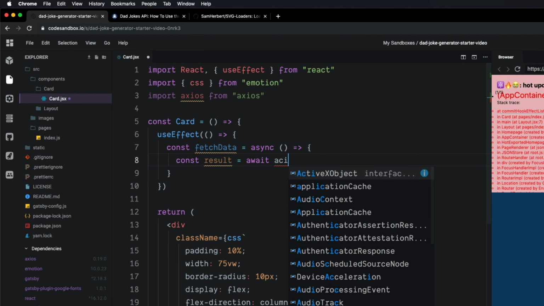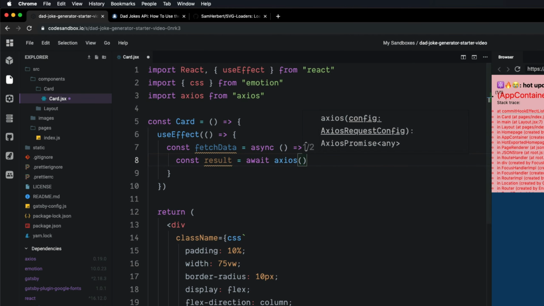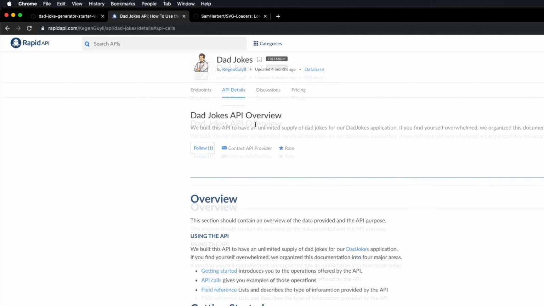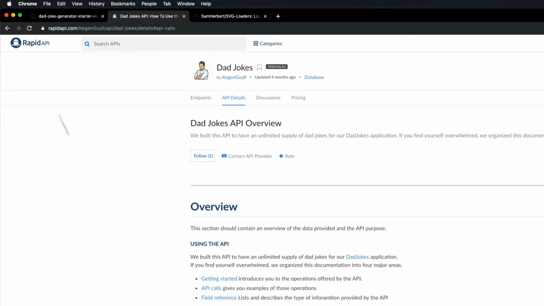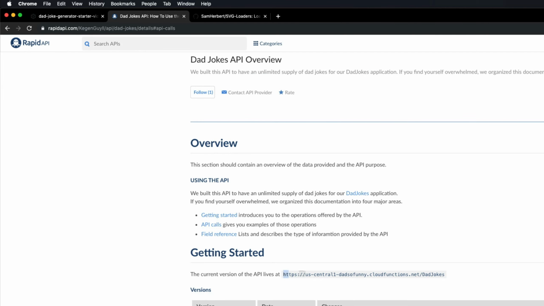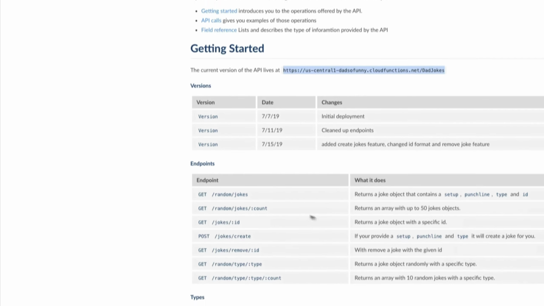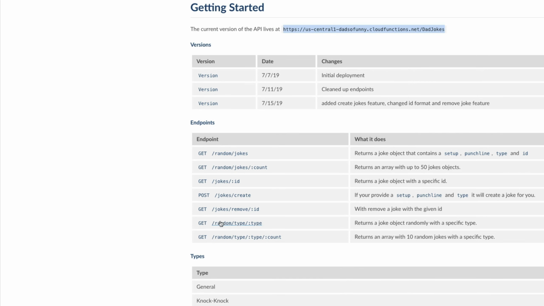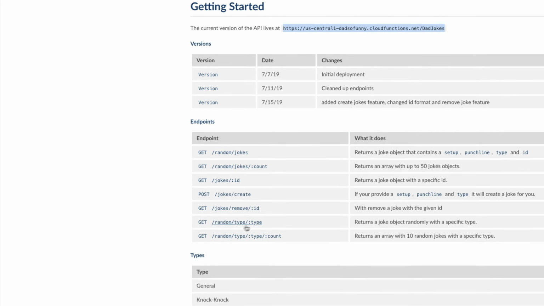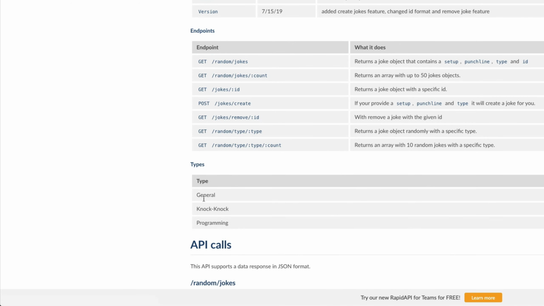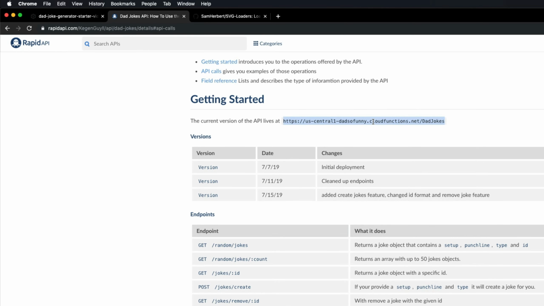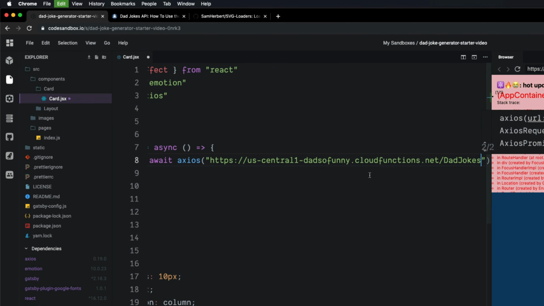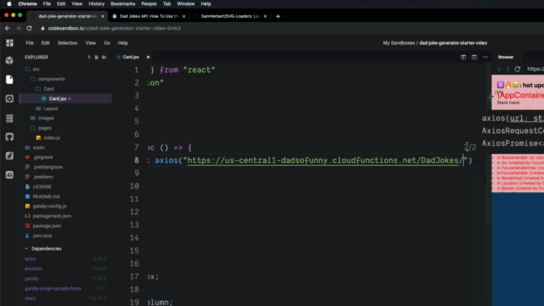And then we can call axios. And then here is where we call the API. And I found a really awesome dad joke API here on RapidAPI. And what we want to do is we want to call this URL. And then down here in the docs, you can see that we have different endpoints that we can call. And we're going to call this one, the random joke type, and then set the type to general. That way we're only getting general jokes instead of knock knock or programming jokes. So let's go ahead and copy this URL, paste it here in between the parentheses. Then we can say random